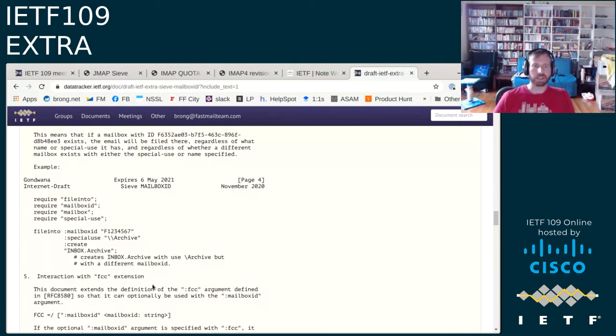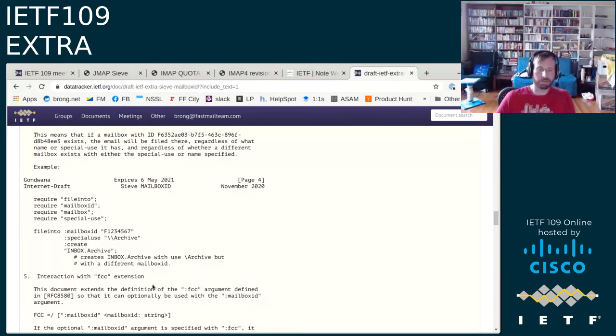I'm happy to do that as well. I can't think of a reasonable case where you would have to have both. I guess it's a nice fallback in the case where that mailbox gets deleted, that it would get recreated with the special use. But if it gets deleted and then something creates something with that special use already, then it will file into there without having to create a new one.